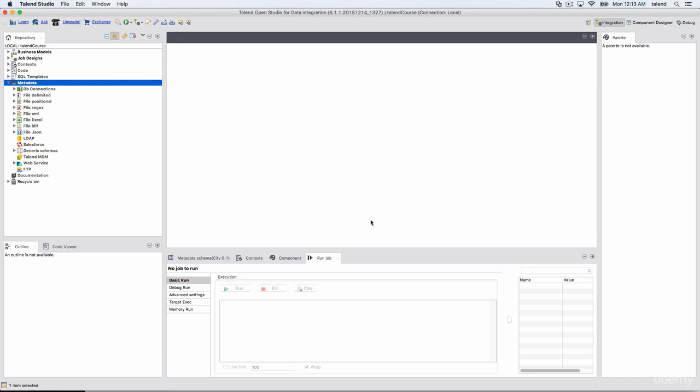So a context is characterized by parameters. As I said, these parameters are mostly context sensitive variables, which will be added to the list of variables for reuse in component specific properties on the component view. Similarly, we have global variables. Global variables are variables which can be accessed by any module or function. So we have system global variables which are given by Talend by default, and we can also create user defined global variables.